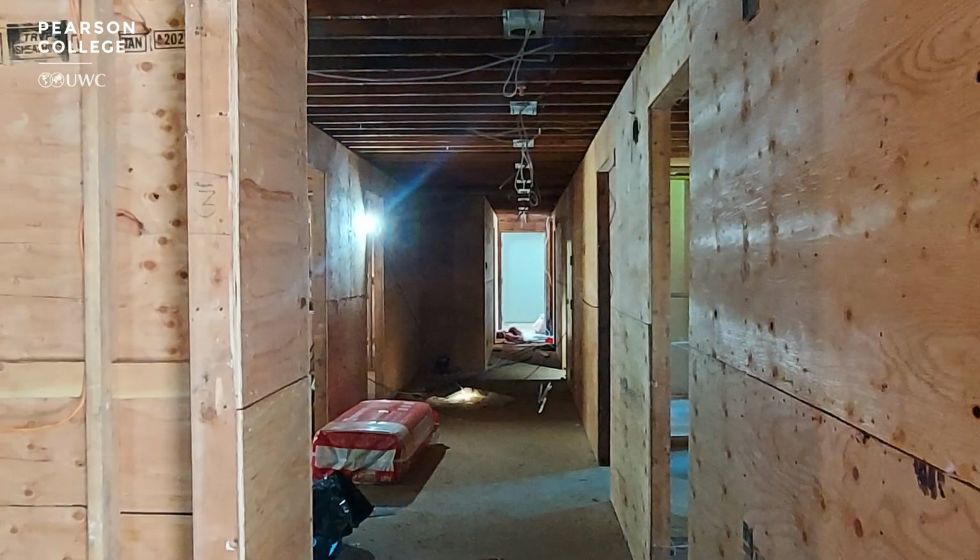The first area of focus, of course, is fire safety, which was very important for all of the renovations, and also structural safety. As you know, British Columbia is in an earthquake zone, and we want to make sure that the houses are also structurally safe. One of the things we noticed about Victoria House was that the framing was a little bit different than the other houses. So when the structural engineer walked through and had his inspection, he noticed that we needed a lot more plywood to be applied to the walls, just to increase the integrity, bearing points, and structural safety of